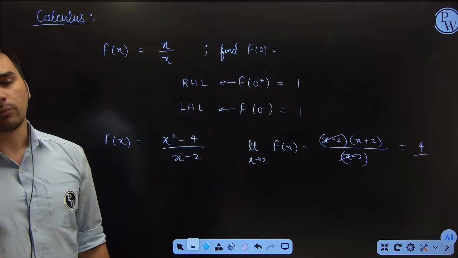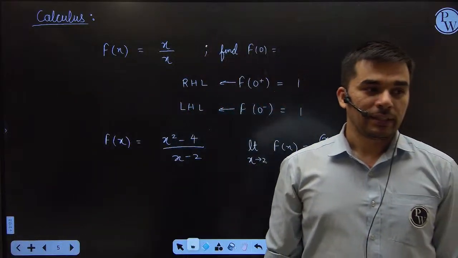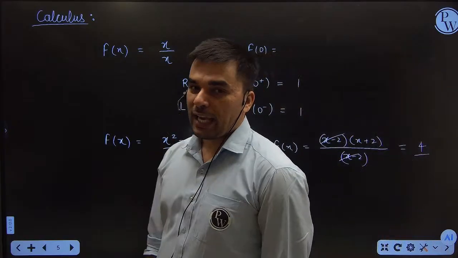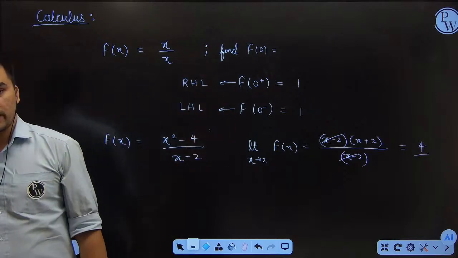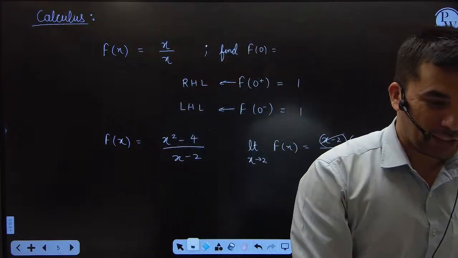What about the value of the function at x is equal to 0 in this case? Is that defined? It's undefined, right? So only if the left hand limit, the right hand limit and the value of that function at that particular point where we want to check the continuity become equal to each other, we will say that the function is continuous, right? On this point,